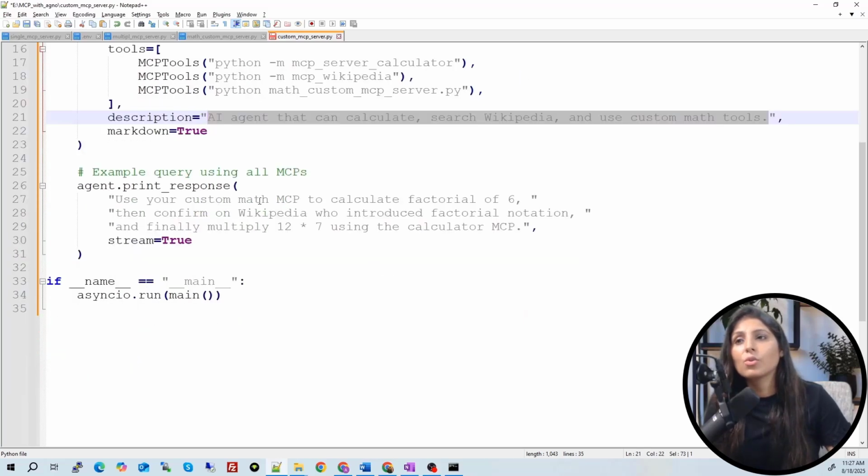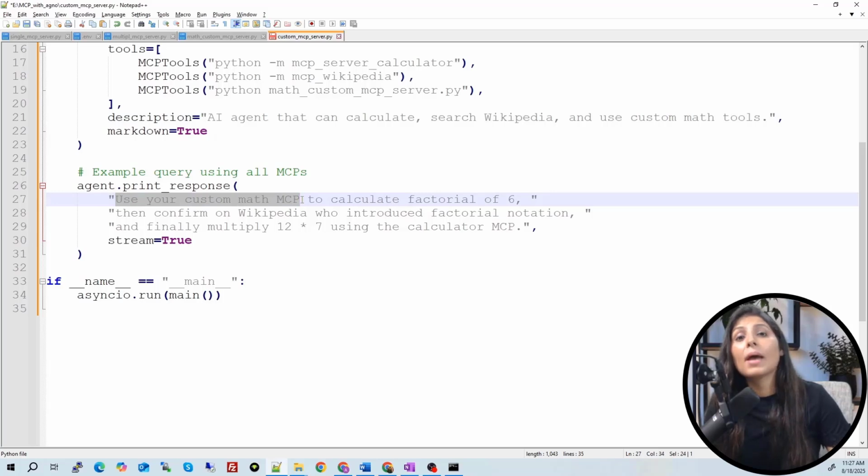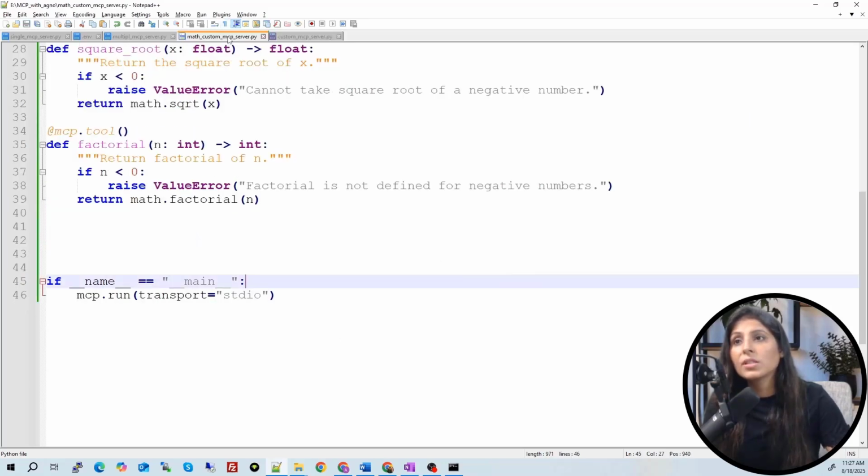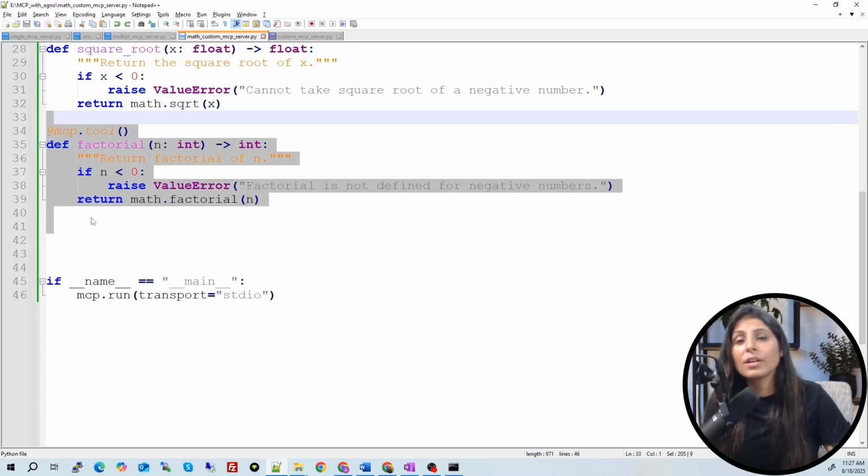Now we ask the question. See, our question is, use your custom math MCP to calculate the factorial of 6. So when the LLM gets this question, the LLM will know that I want to use the custom math MCP server to get the factorial of 6, because if you see our math tool, we have this factorial function.